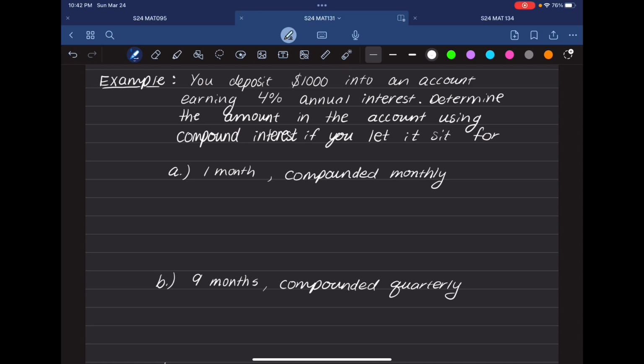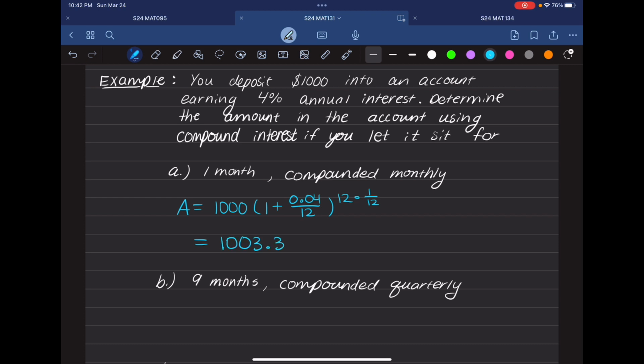So for this first one, we're letting it sit for 1 month, and we're compounding monthly. So we can set up our compound interest formula. We've got that the amount in the account is going to be equal to our principal, or 1,000, times 1 plus our interest rate, 0.04. We're compounding monthly, so N is 12. And then we have this raised to the 12 times our number of years. Well, we're at 1 month again, so again, our number of years is 1 over 12. And so we can type this into a calculator, and you should end up getting